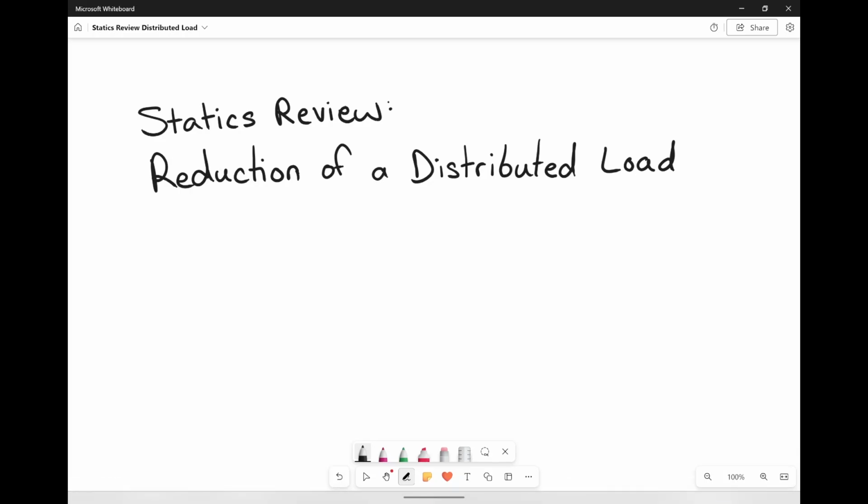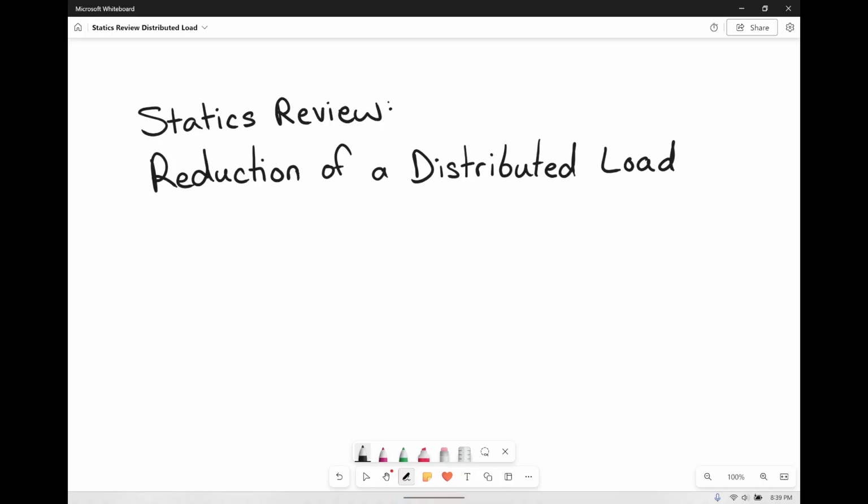This video is going to be a review for statics on the reduction of a distributed load. A distributed load can be reduced down to a point load that acts at the centroid of the area of a distributed load. Technically, what we're going to be doing is effectively calculus, but we're going to do it without